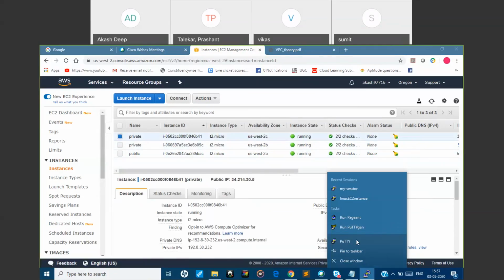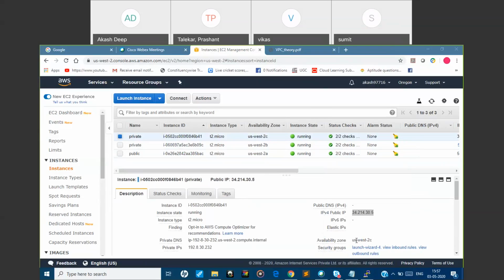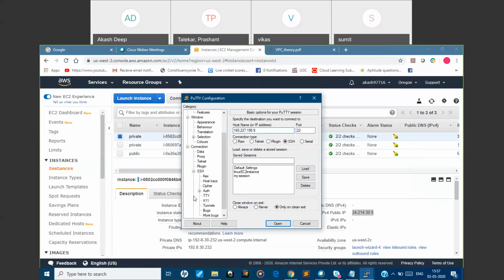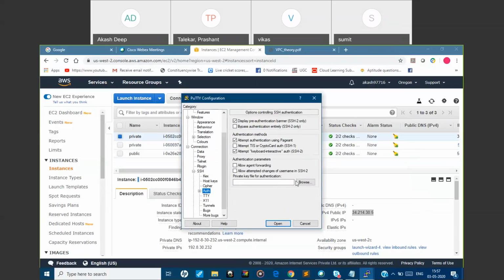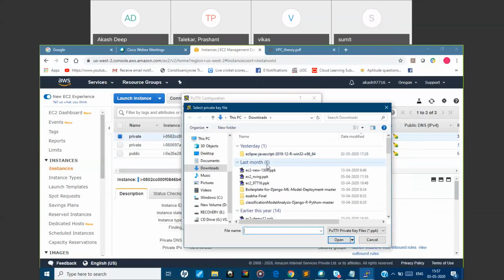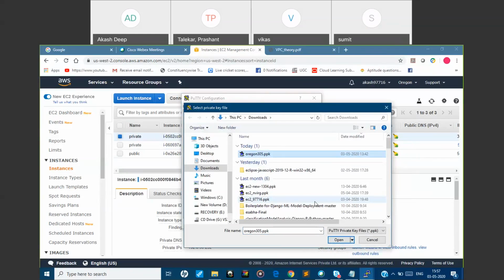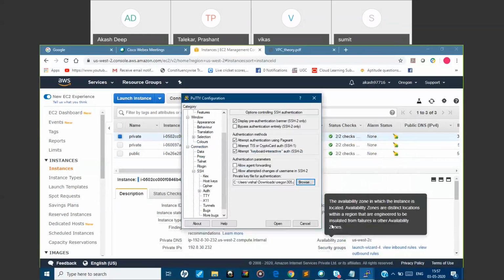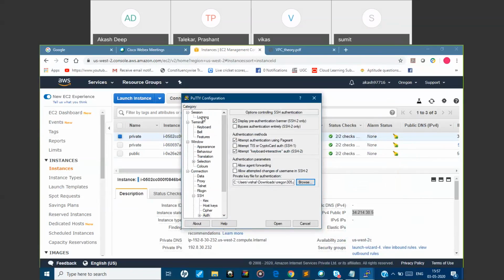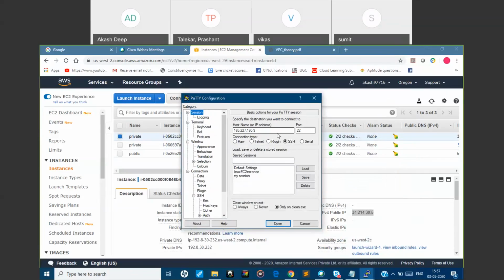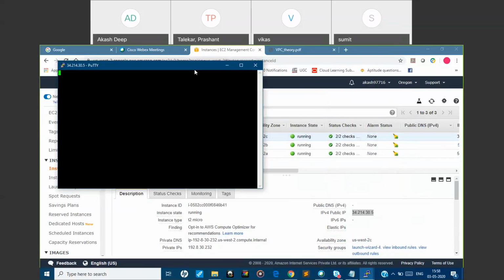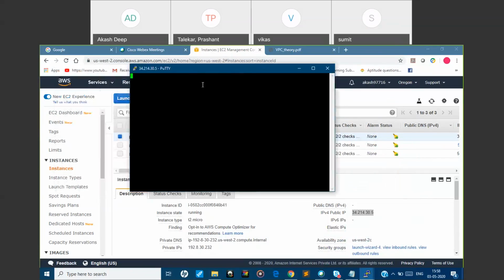Now we'll try to log in. We are not able to.